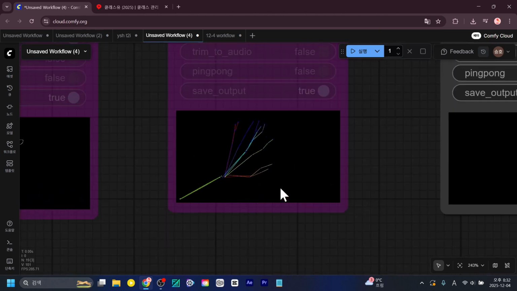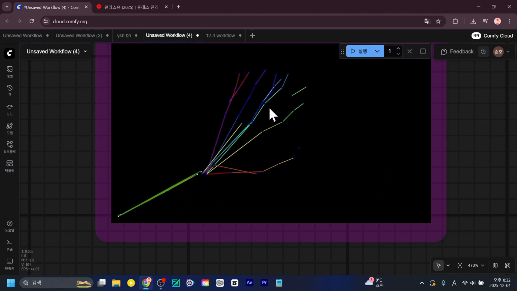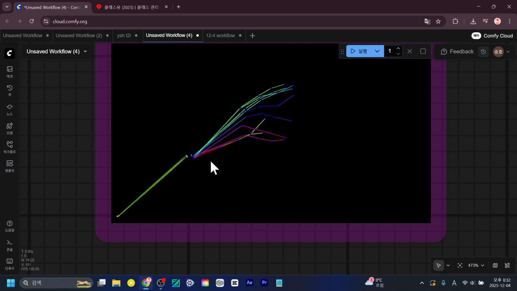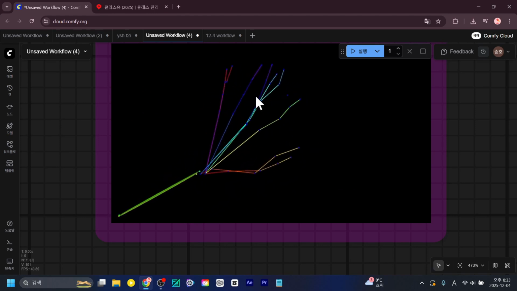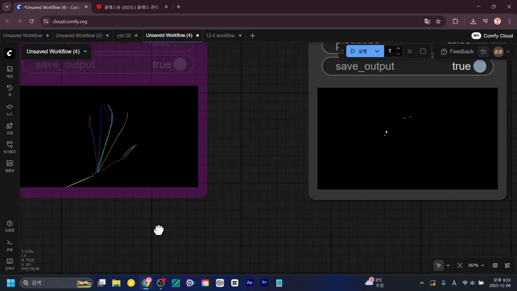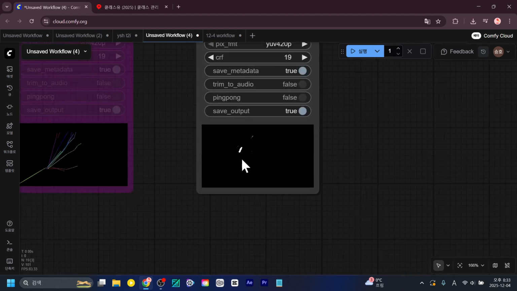Depth extracts the sense of three-dimensionality. Next is the outline and then the shapes on the fingers. You can see it like this, right? You can see each joint of the finger moving right now, and in this way the fingers are being recognized as multiple points by DW. If you look now, there should originally be 5, but they're being recognized like this right now. This is the structure of how AI recognizes hands.